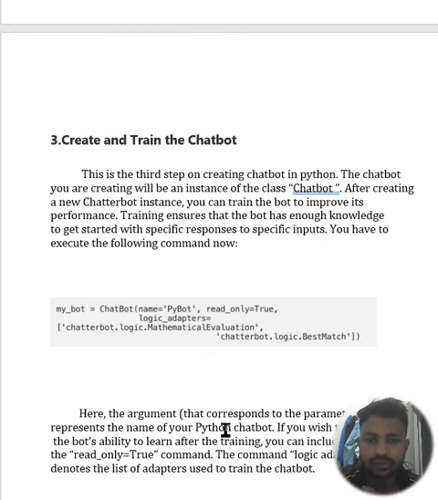The chatbot we are creating will be an instance of the class ChatBot. After creating a new chatbot instance, we can train the bot to improve its performance. Training ensures that the bot has enough knowledge to get started with specific responses to specific inputs. We have to execute the following command now. This is the command: my_bot = ChatBot(name='PyBot', read_only=True, and this is the command,